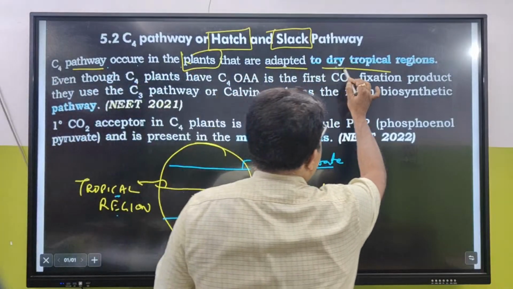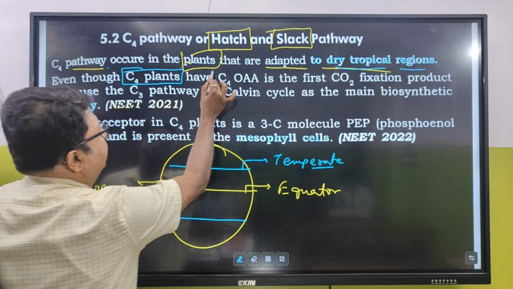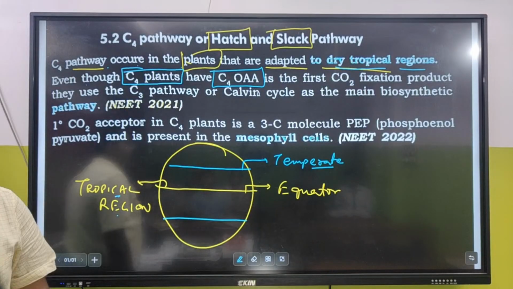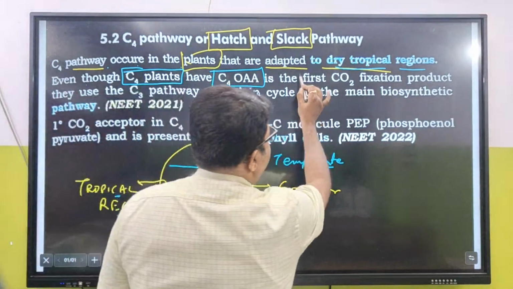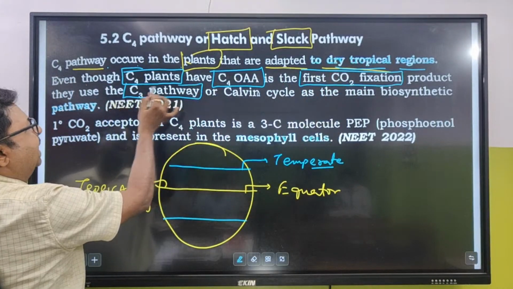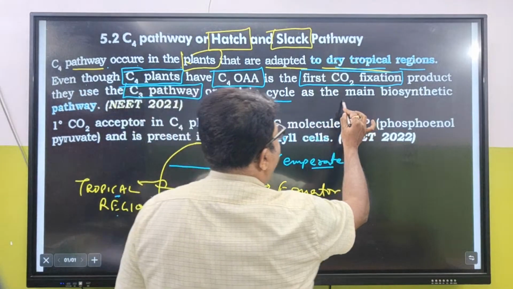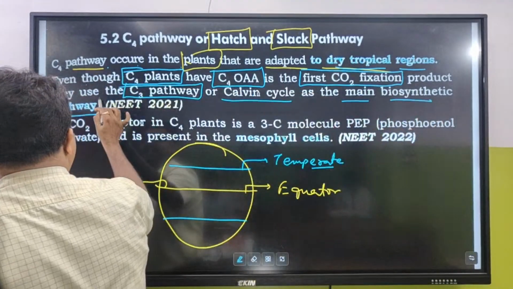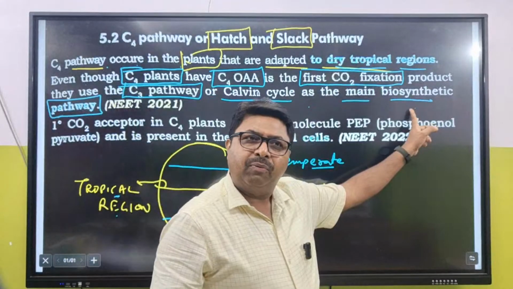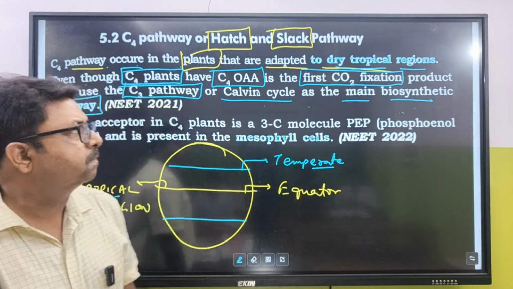C4 pathway occurs in plants that are adapted to dry tropical regions. Even though C4 plants have C4 oxaloacetic acid, carbon 4 oxaloacetic acid, as the first carbon dioxide fixation product, they use C3 pathway or Calvin cycle as the main biosynthetic pathway. কেলভিন সাইকেলকে বলা হয়েছে বায়োসিনথেটিক পাথওয়ে।